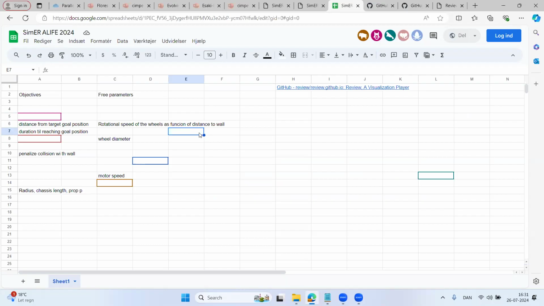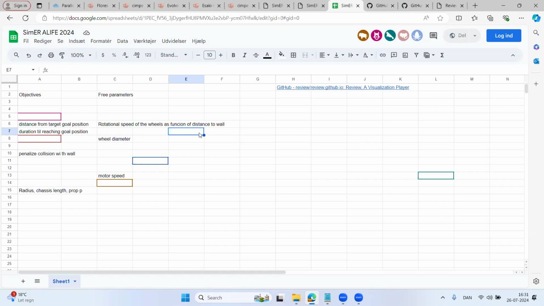The question was, how does it evolve to hit the correct target location on the ground? It just learned the control parameters that made it stop when it got there, based on the distance to the wall. It basically learns, I shouldn't say learns, it evolves the relationship between distance to the wall and target location.